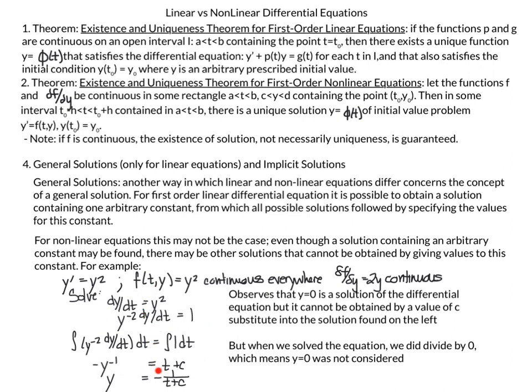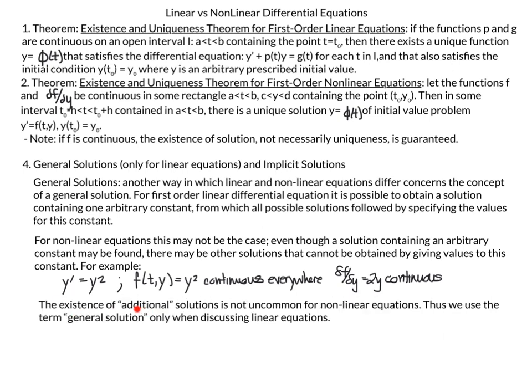So when we solved this equation, we had excluded the possibility of y equals 0, when in fact y equals 0 does solve this differential equation here. And this is just one example, but the existence of additional solutions is not uncommon for nonlinear equations. Thus, we use the term general solution only when discussing linear equations. And I have to apologize because sometimes I put general solutions, but I do put it in quotes